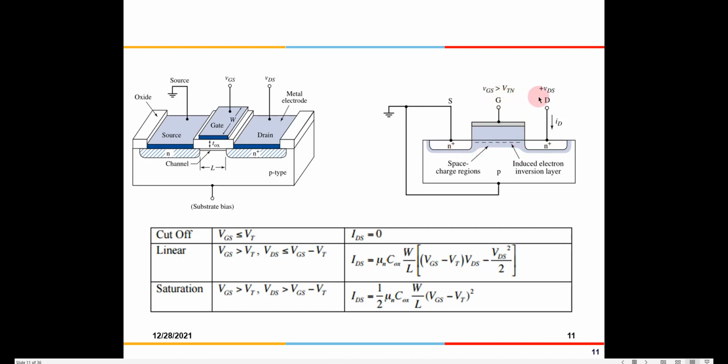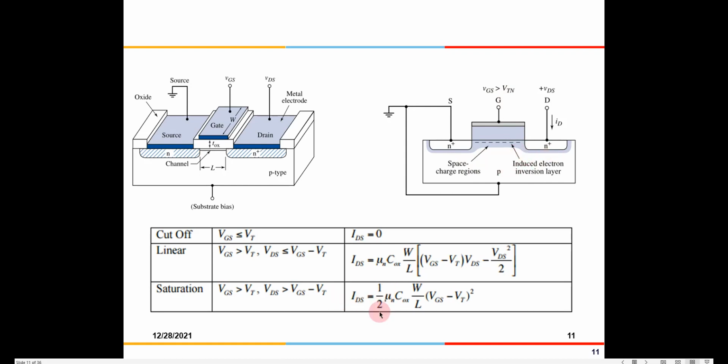So initially this is plus VDD and this is ground, so you will have VDS as VDD for a digital circuit. The moment you are switching it on, VDS will be VDD, and VG also will be VDD, because there are only going to be two types of power supplies in a digital circuit. So you are going to apply VDD here, and you are going to give the gate also VDD. Now VDS is greater than VGS minus VT, that means this transistor is going to be in the saturation region,